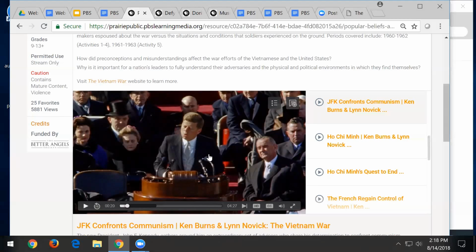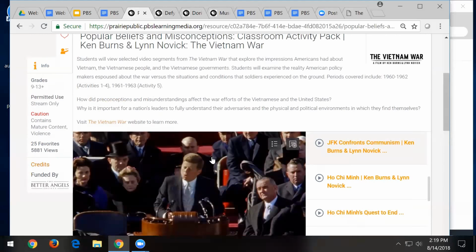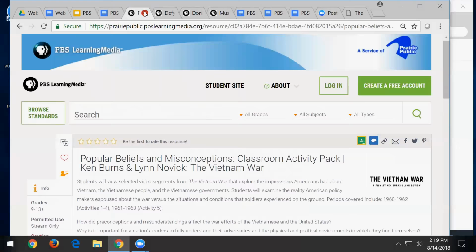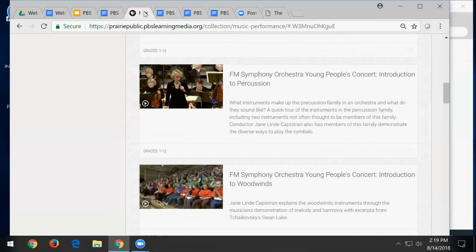So keep that in mind when you're thinking about resources to use, but also how you're going to use them. So certainly you can break up a longer piece of media into viewable chunks, just like LearningMedia has done for you. But those are some of the tips that I have for making sure that you're maximizing any of those